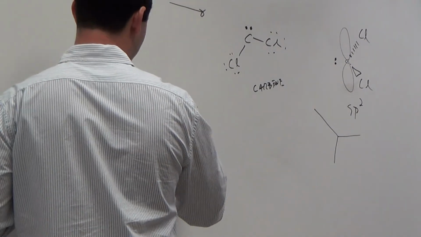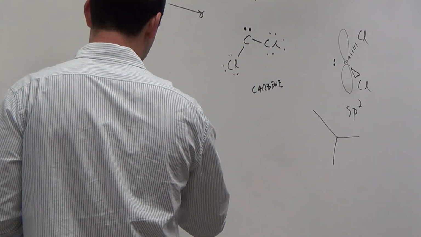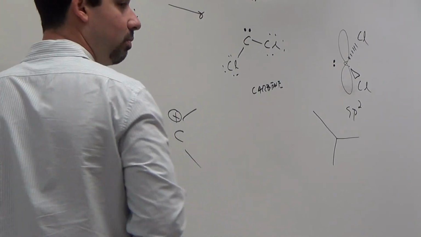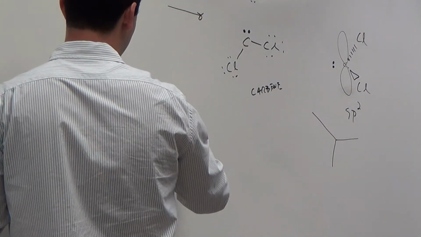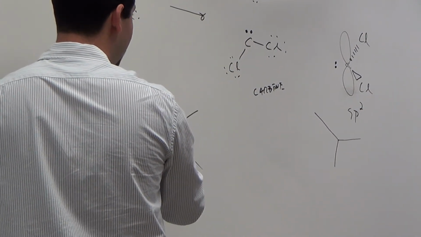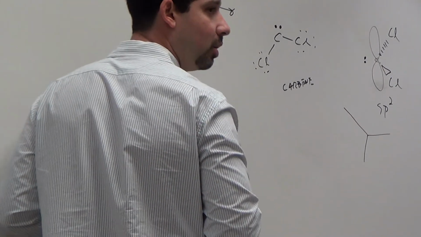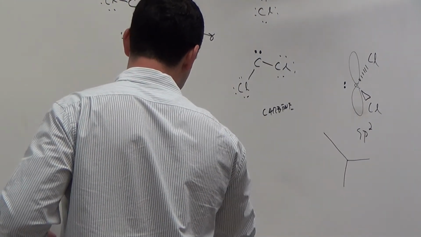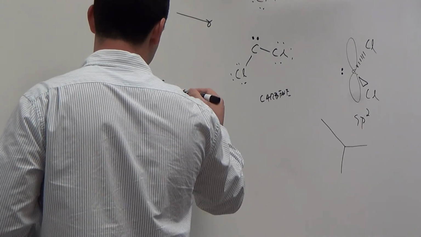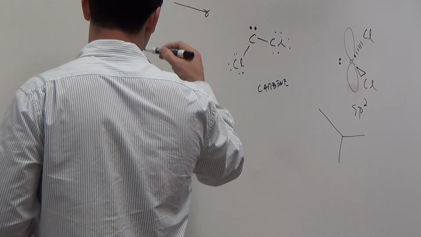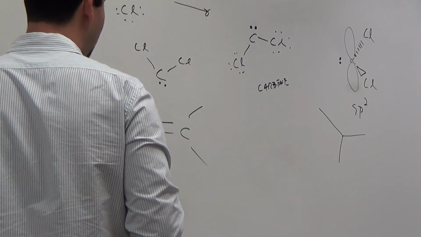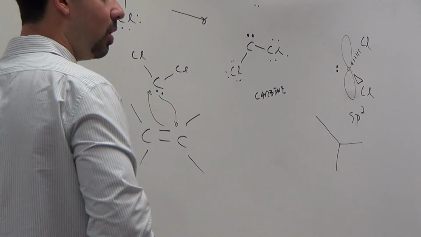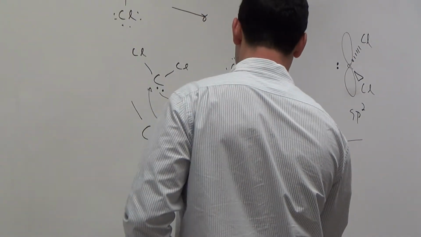So we can draw a resonance structure, yes? In which we put the electron pairs on one, and this is positive, and this is negative, yes? So the carbene will make a bond here, and these electron pairs will be used to make another bond with what from the carbene? From the empty orbital. Okay? Of course, this is not written like that. The carbene is here, with the Cl and the Cl. And this is going to make a bond, while this will make another bond. And now the result is